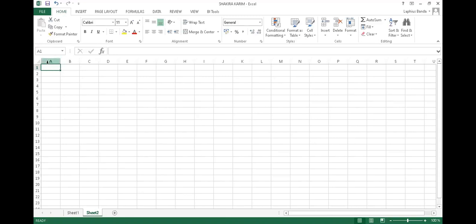So in Excel, we can do various things. We can prepare budgets, and we can calculate numbers. Mathematically, numbers are recognized in Excel. So to start with, when we are using Excel,